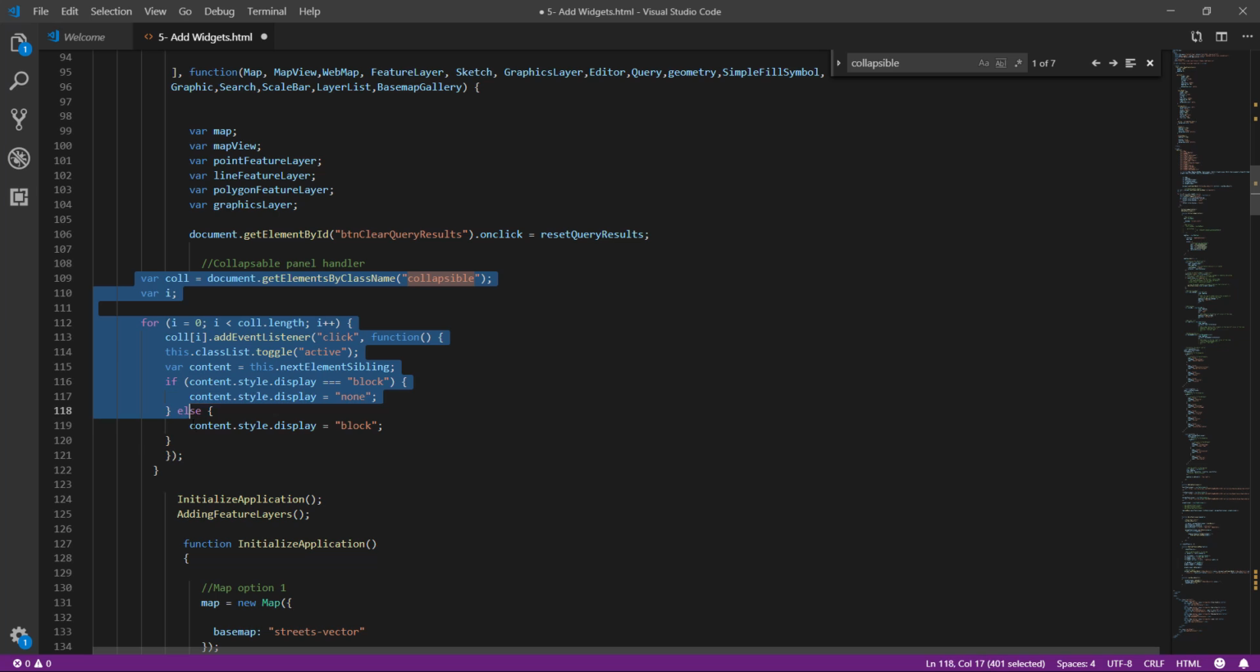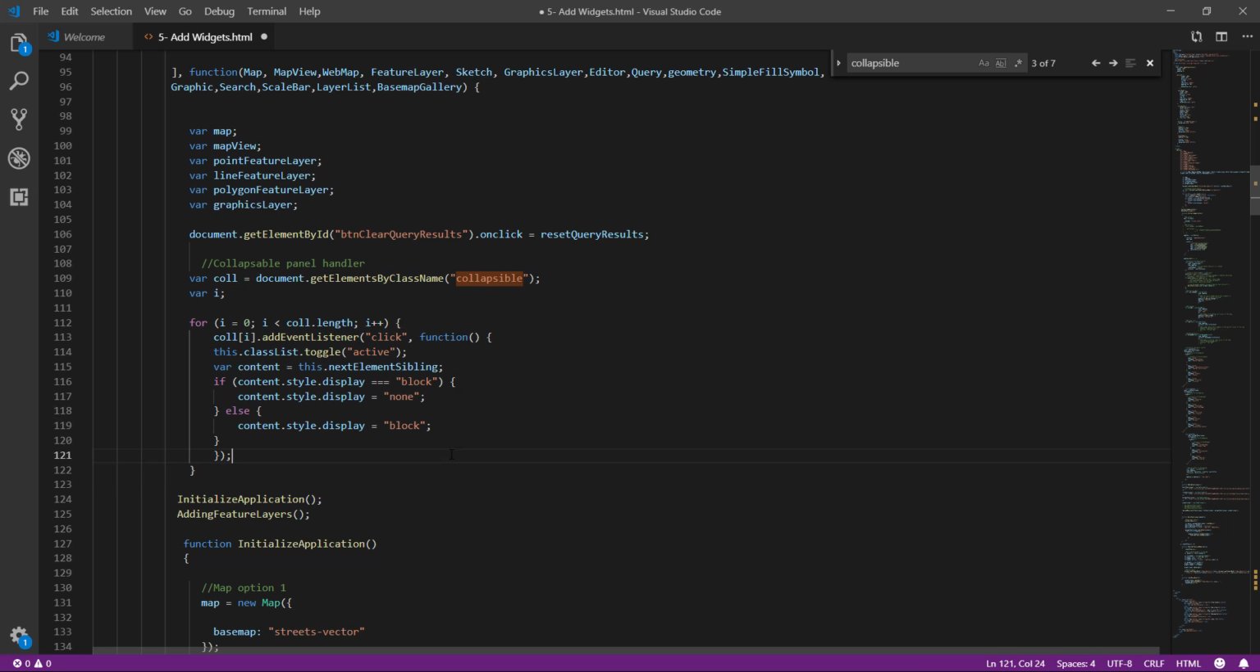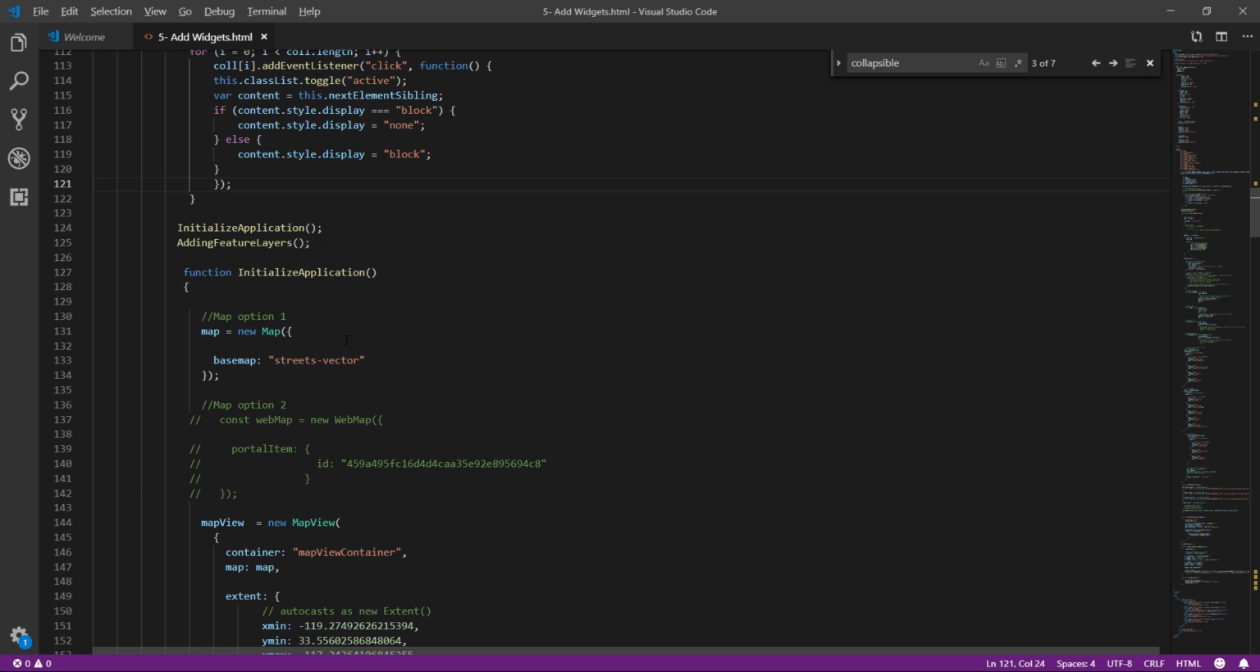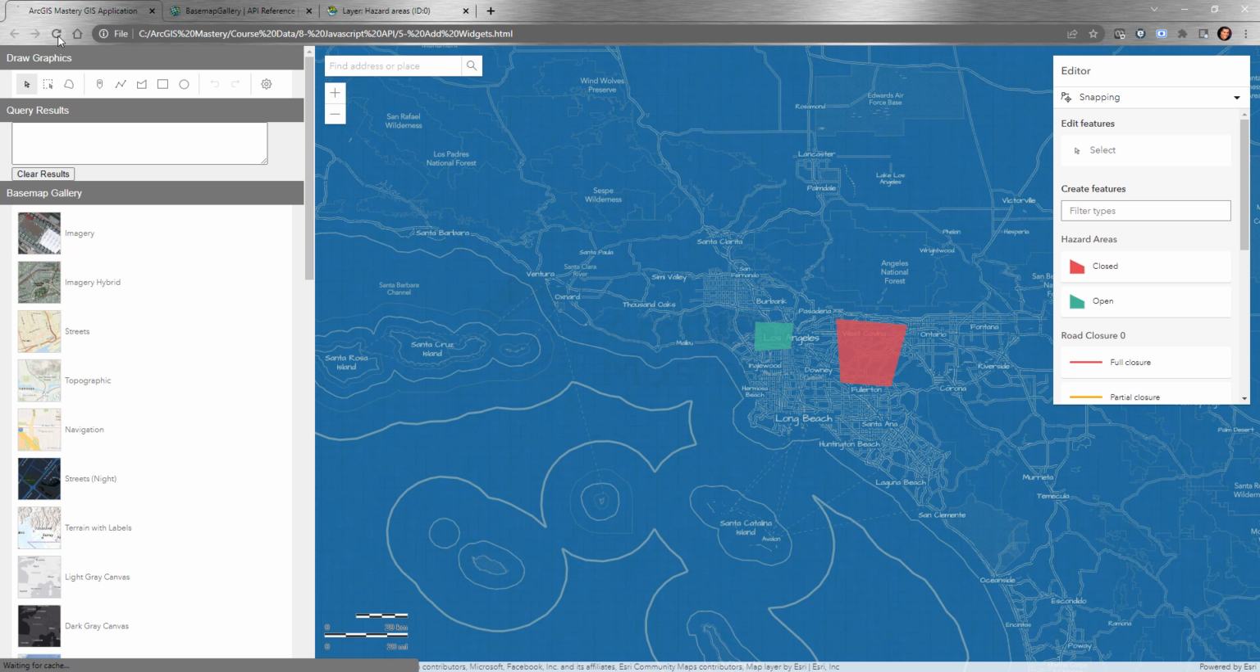It's going to find every single button that has the class name collapsible, and it's going to do that for it. If it's active, when you click on it, it's going to show it. If it's showing, it's going to hide it, and it's going to change the class name for it. So we can check that out and see if it's working. We can refresh here,